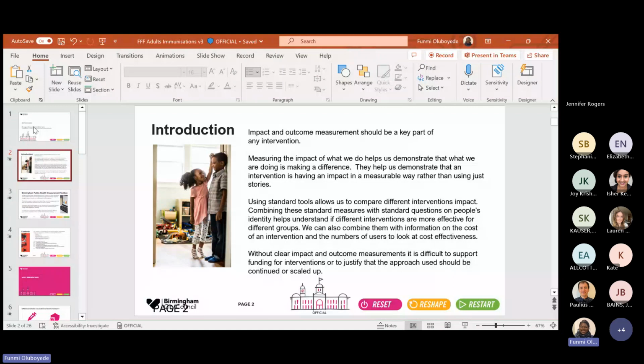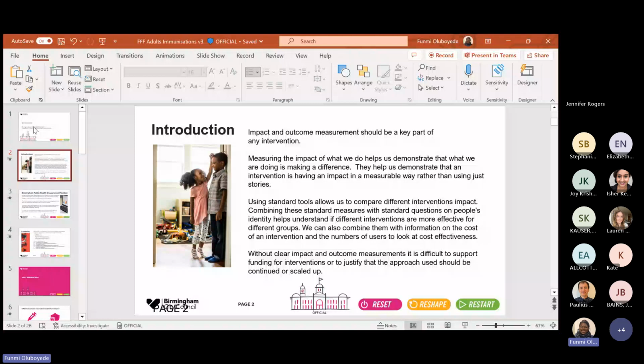So using standard tools allows us to compare different interventions' impact, and combining these standard measures with standard questions on people's identity helps us to understand if different interventions are more effective for different groups. We can also combine them with information on costs of an intervention and the numbers of users, and that helps us to look at the cost effectiveness of each intervention. Without clear impact and outcome measurements, it's difficult to support funding for interventions or justify that the approach should be